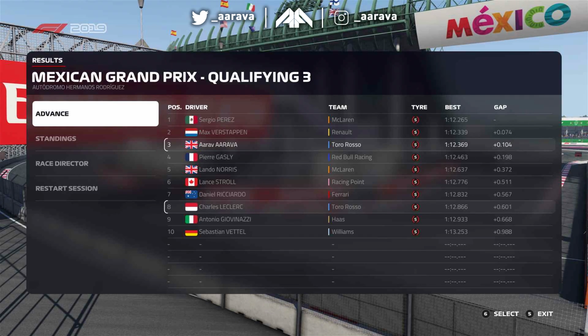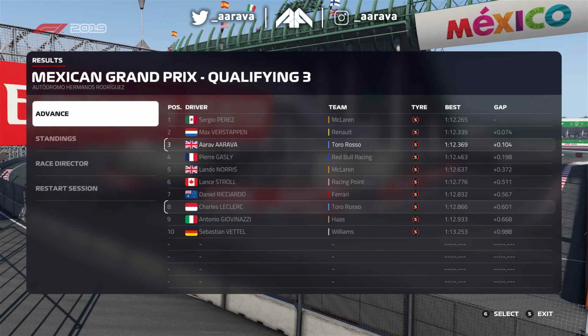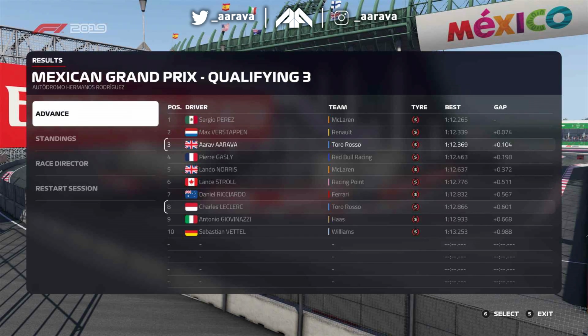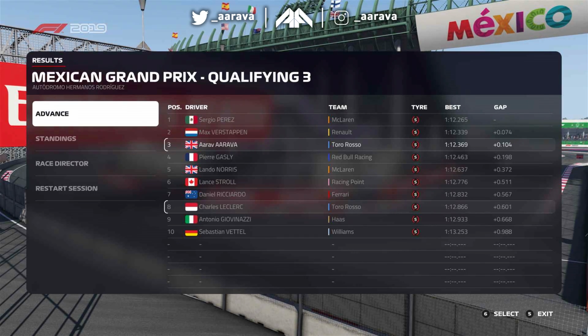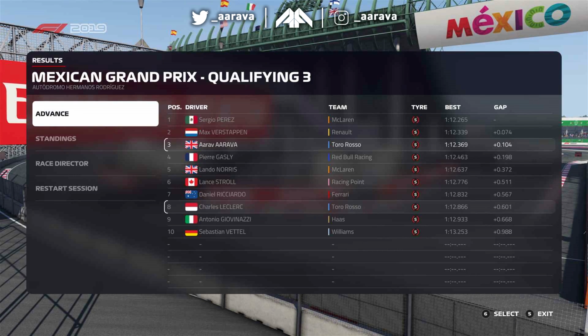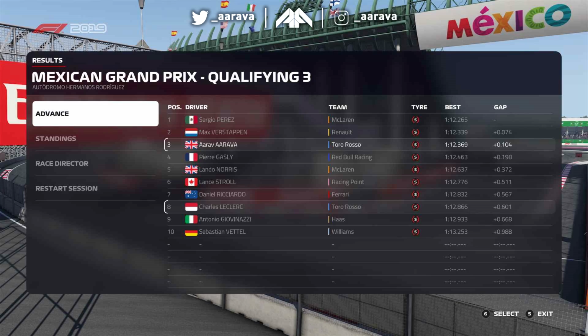Sergio Perez gets his home race pole position there, so I'm actually quite happy for him, to be fair, in the McLaren there. It's the first time I think I've seen Sergio Perez take pole at his home race here. Verstappen in second, ourselves in third place. Leclerc massively down the order in P8 there, so that's good news for us,